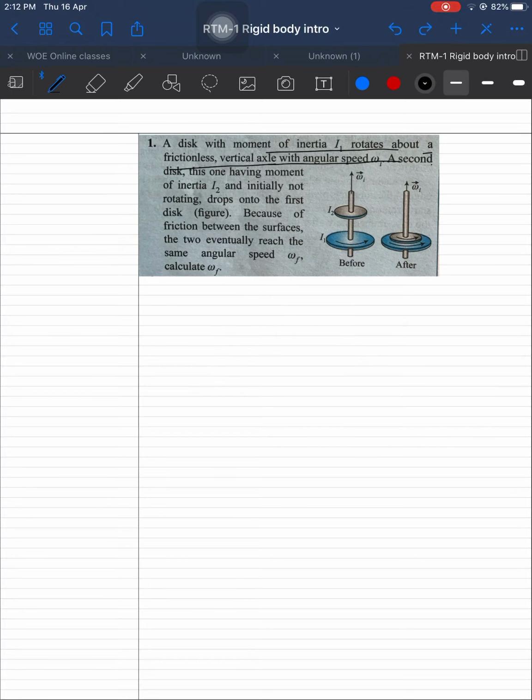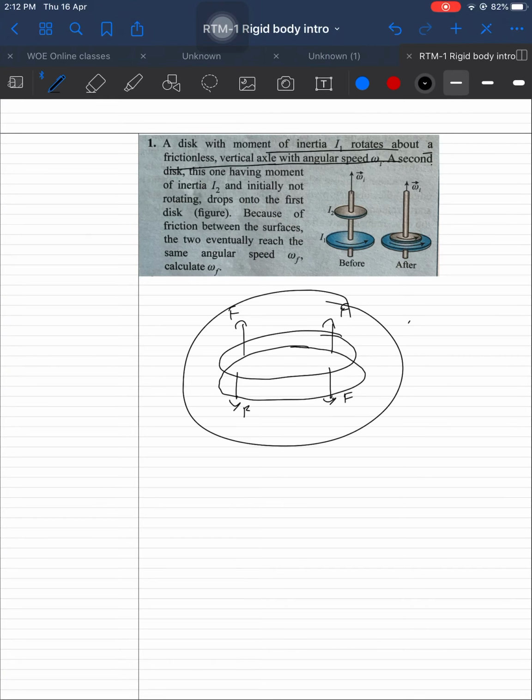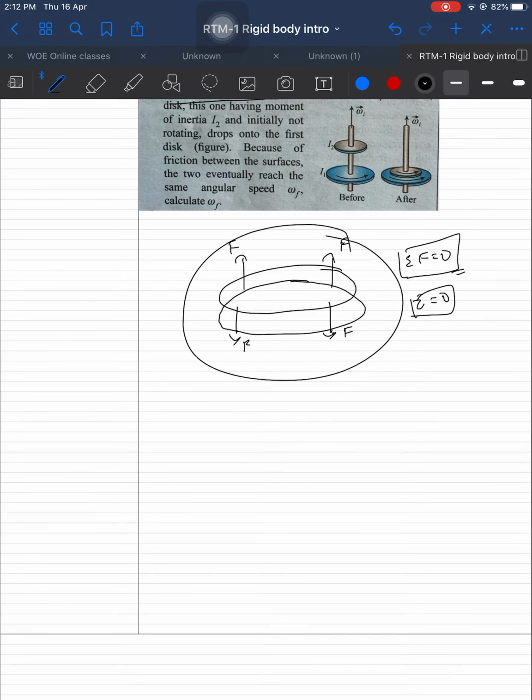When there is a collision or something is suddenly kept on another body, there is a force downward acting on the lower block. The same force acts on the upper block, right? So if you take the total net force of the system, net force is equal to 0. If net force is 0, tau is 0. We can conserve angular momentum about the center of mass.